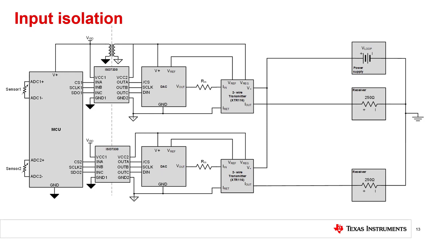TI offers a digital isolation solution that would allow this design to work with 2-wire transmitters. A digital isolator such as the ISO7330 is placed between the microcontroller and the digital to analog converters. Each digital to analog converter is individually supplied by the voltage regulator of its transmitter. The microcontroller is supplied by an isolated supply created from the voltage regulator of one of the transmitters. Because of this, the voltage inputs to the 2-wire transmitters are allowed to float as needed for each transmitter to regulate the correct current output.